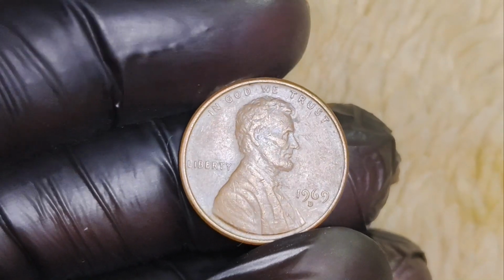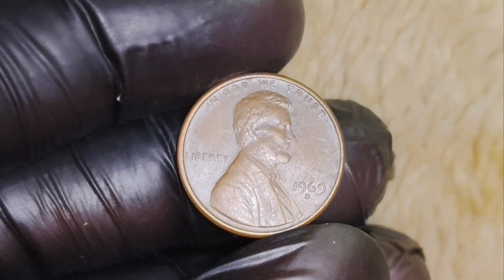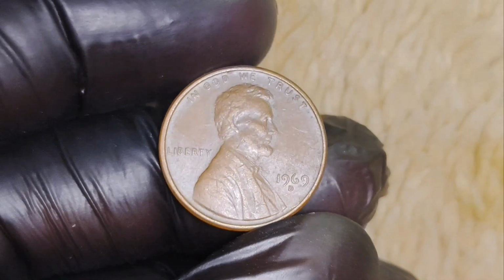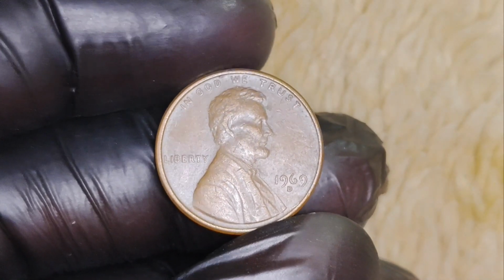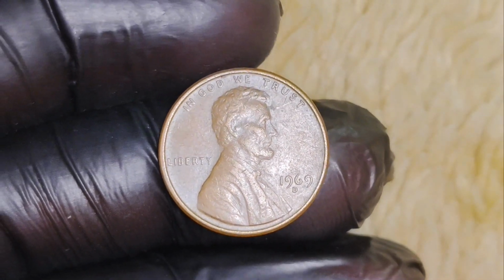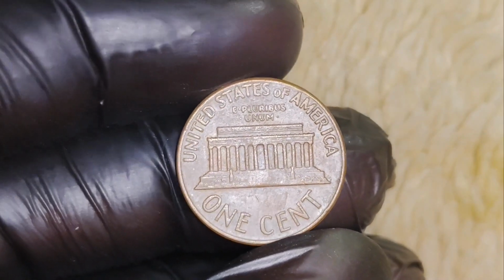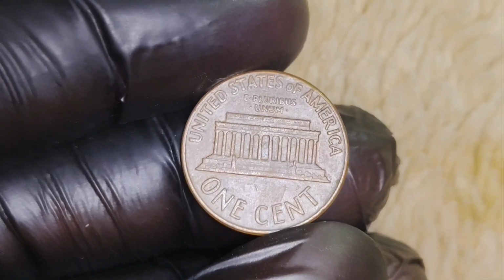If you think you have a 1969 Lincoln penny with a potential error, the first step is to have it authenticated by a professional coin grading service like PCGS or NGC. These experts can verify if your penny has the doubling error and assign it a grade, which will ultimately determine its market value. Once authenticated and graded, your penny could be worth thousands, even millions of dollars depending on the